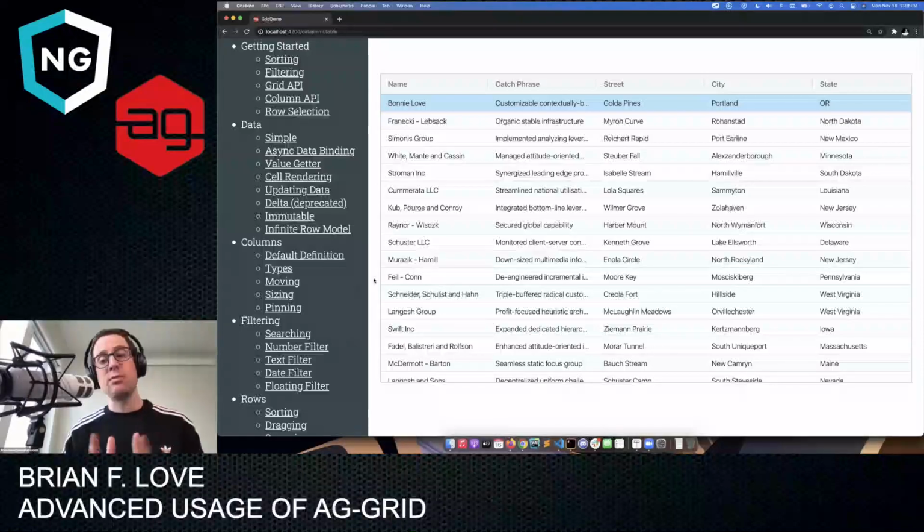And this comes in the community edition of AG Grid. I don't think I mentioned this already. Everything I'm going to show you today is all in the community edition of AG Grid. So the community edition is free. And then they also have an enterprise edition, which is obviously not free and comes with additional features, functionality, and